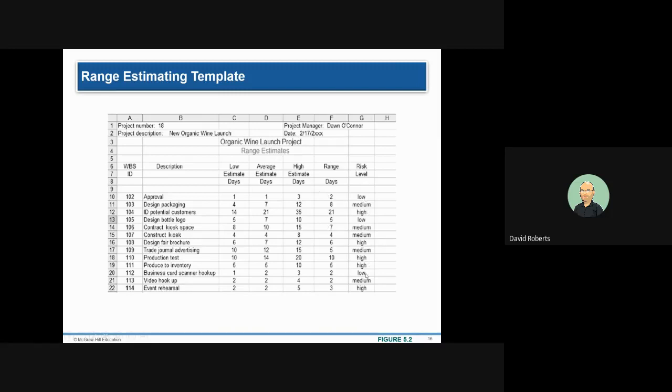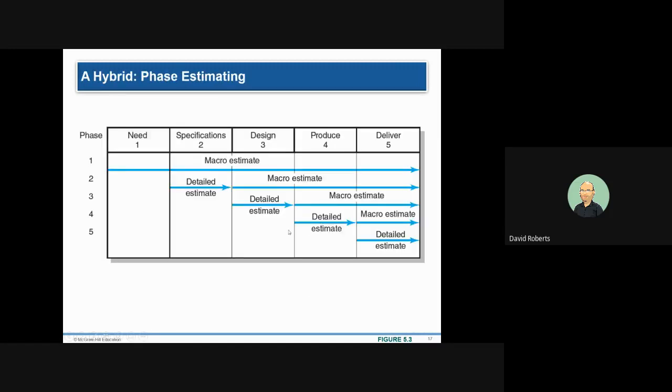And then again, you can put in the risk levels here. You don't have to do this. Again, it's a potential tool to try and qualify. You've got the high estimate, you have the range, etc. So you try and get into more and more levels of detail as you go, the macro level and then more detailed levels on the different phases.